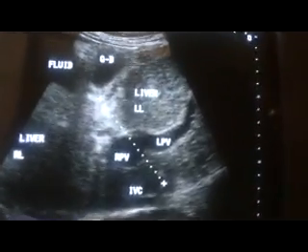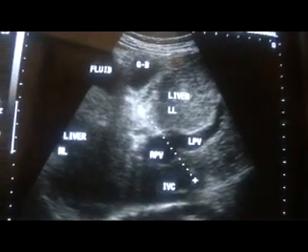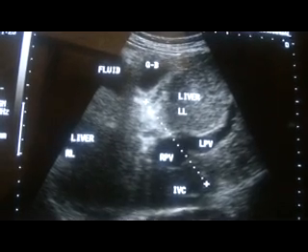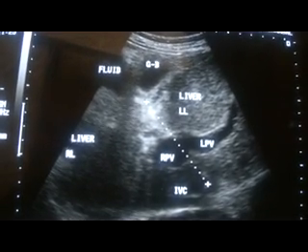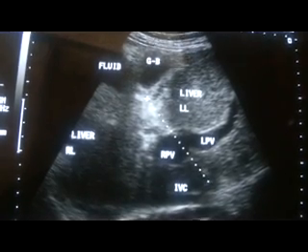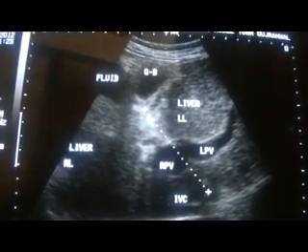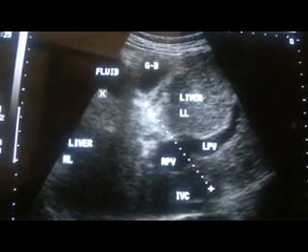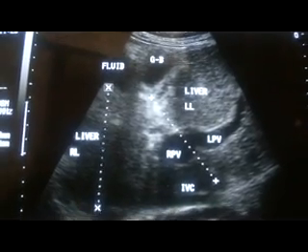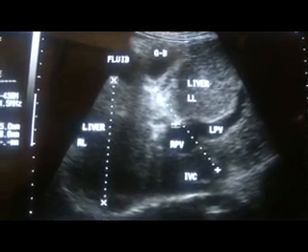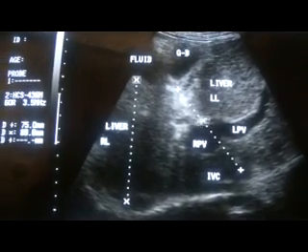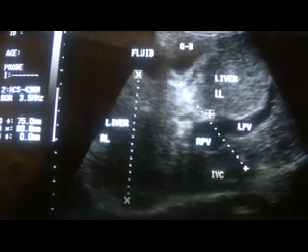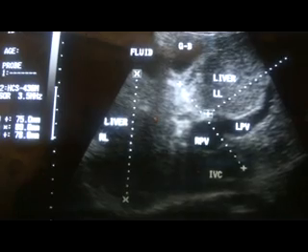the division again will tell you that if I again try to do the same, dividing the liver into two, right lobe and left lobe, then this is the right lobe of the liver, and this is the left lobe of the liver, this is the gallbladder, and this is the fluid surrounding the outer surface of the liver, and this is the diaphragm, right hemidiaphragm. This is the right portal vein, this is the left portal vein.